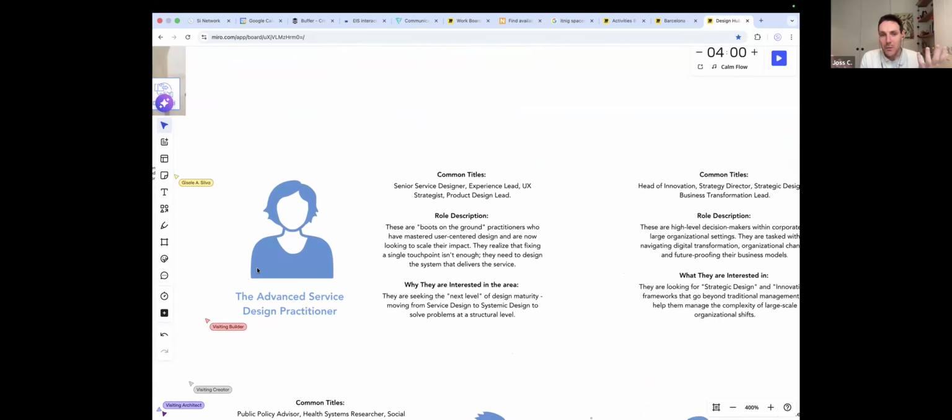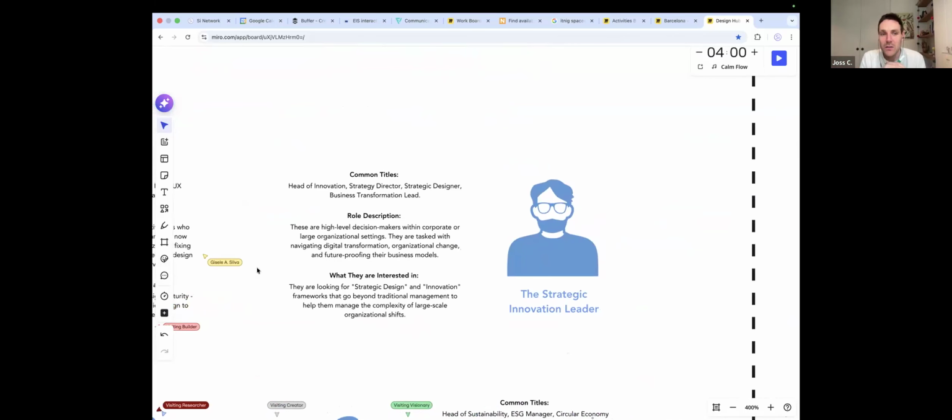So the service designer, there may be UX, product designers, experience designers, strategy, and so forth. But definitely there's a lot of interest from that group. They seek the next level of design maturity, moving from service design to systemic design, to look more broadly and start to try to work with complexity.